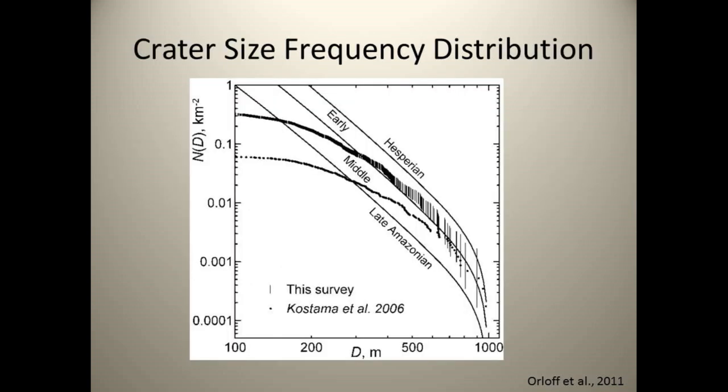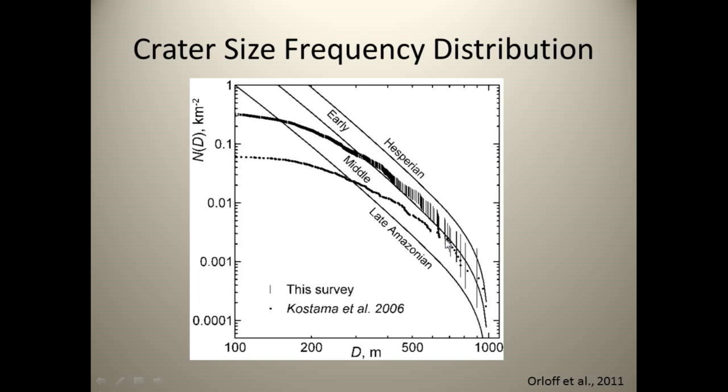And when we look at all of the craters, over 1,200 craters for our survey, we find a distribution that looks like this. The decline in our distribution compared to the isochron is indicative of the erosion or degradation of the impact crater structures that are no longer there. And this tells us that we have a very active surface at small scales. And our results at larger crater sizes match up with previous surveys pretty well.